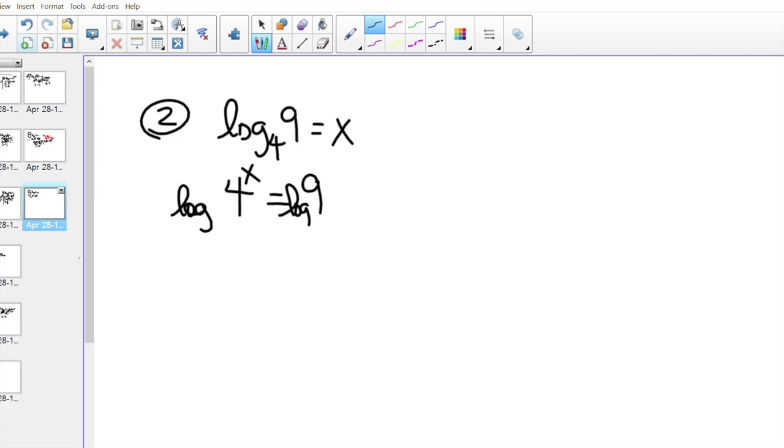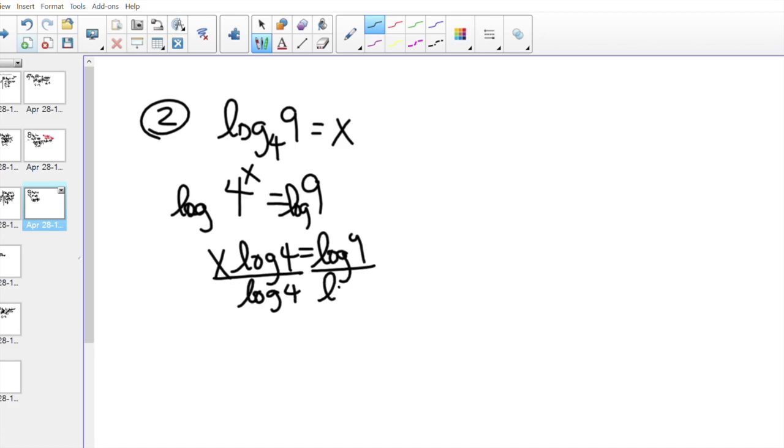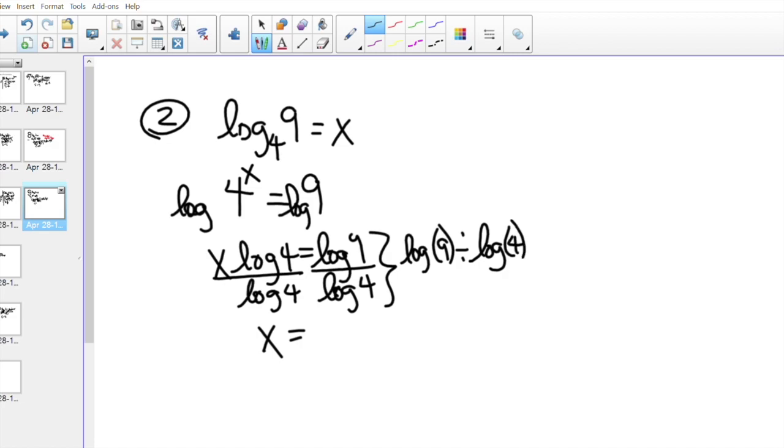Log. Now don't forget you're taking the log of a number to a power, so it'll be x log 4 equals log 9. Divide by log 4, and now it's calculator time. You would say the log of 9, and be sure to put it in parentheses. I'll do it one more time for you: log, put 9 in parentheses, divided by log 4, and the answer to number 2 is approximately